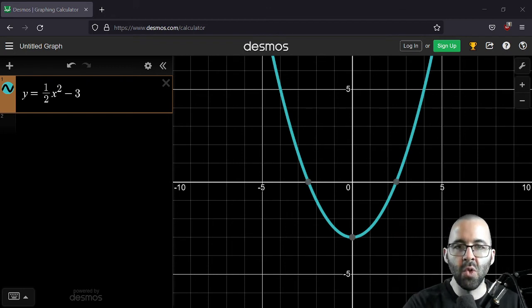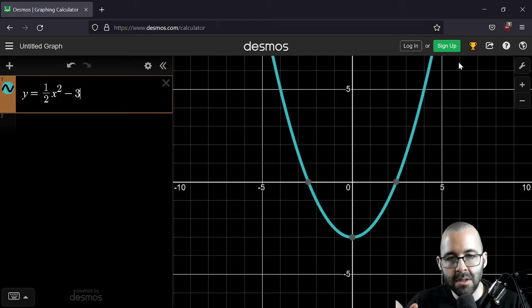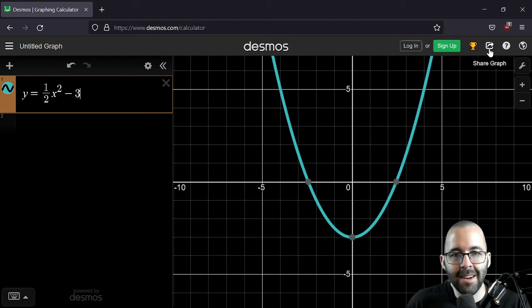Great. But one more thing that you need to know how to do, you need to know how to export a graph as a picture, because sometimes I'm going to have you graph things with the computer and you'll have to export it and attach it somewhere. You just go up here to this little share graph because you want to share it with all your friends, or maybe your professor who wants to grade it, who doesn't want to grade it but needs to grade it because you need a grade. Hit share graph,